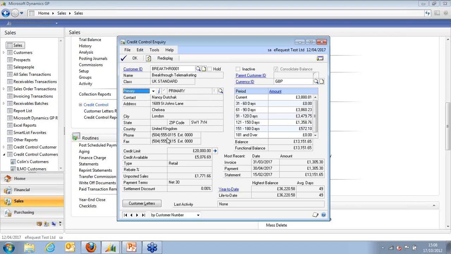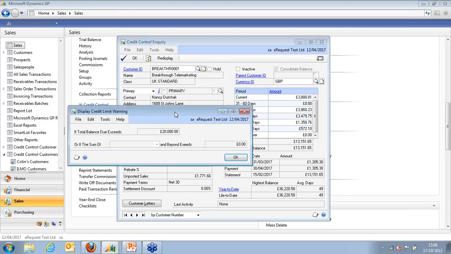Telephone numbers, obviously important in being able to contact these customers. So I can see immediately if I'm talking to Breakthrough Telemarketing, I've got to speak to Nancy, and her telephone number is 555-0115. Breakthrough we have got a credit limit of £20,000,